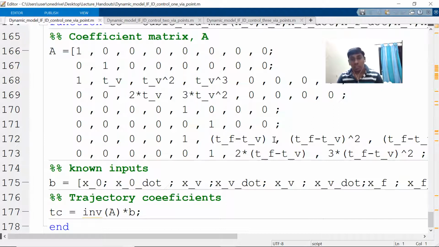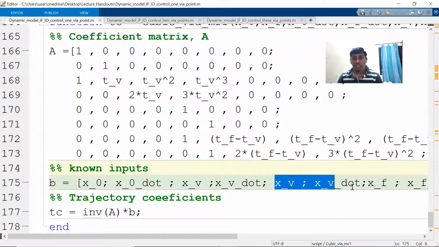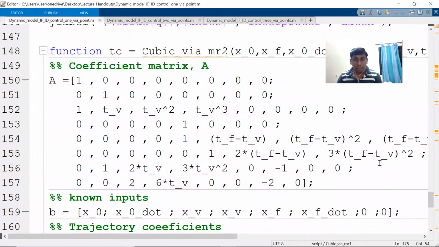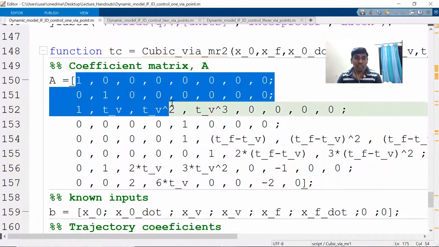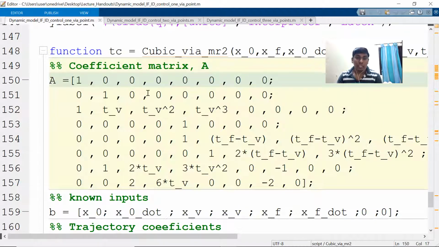The same thing I've considered. You can see this is an individual and this is another individual we can even treat. When you come to the via point with no velocity specified, you can see initial position, initial velocity, then first segment final position, and this is second segment initial position, and this is the second segment final position.